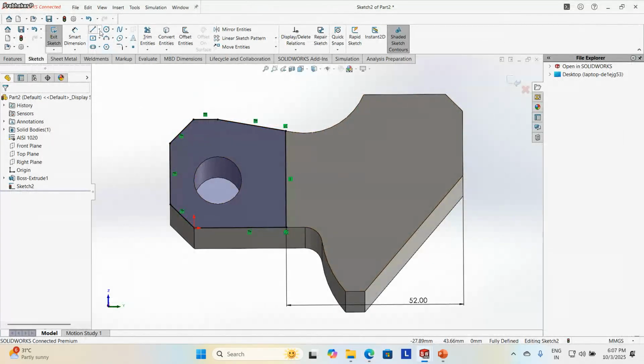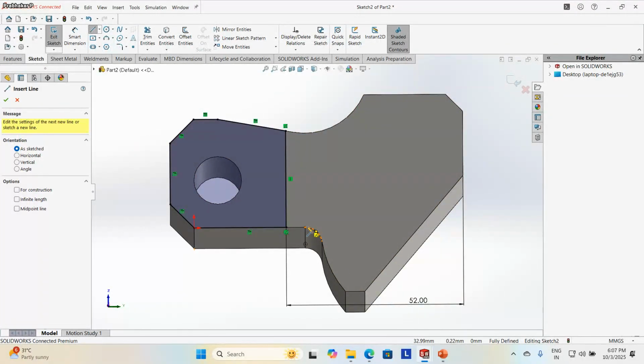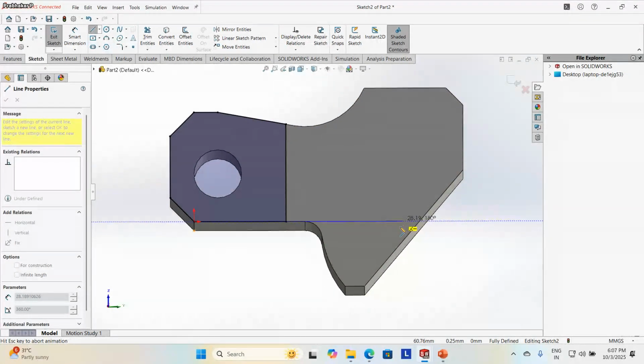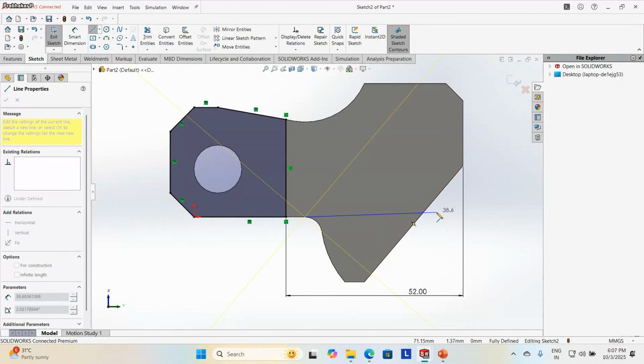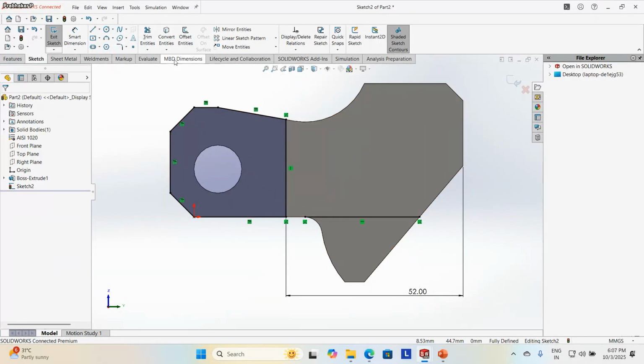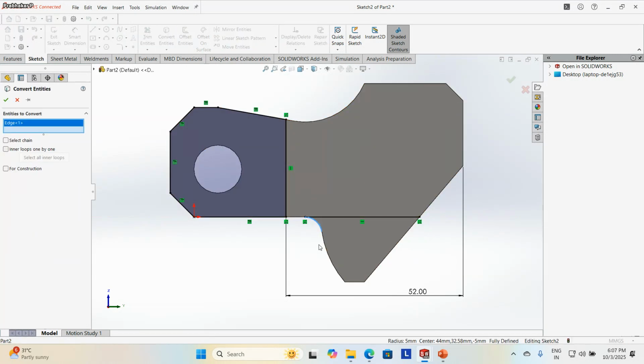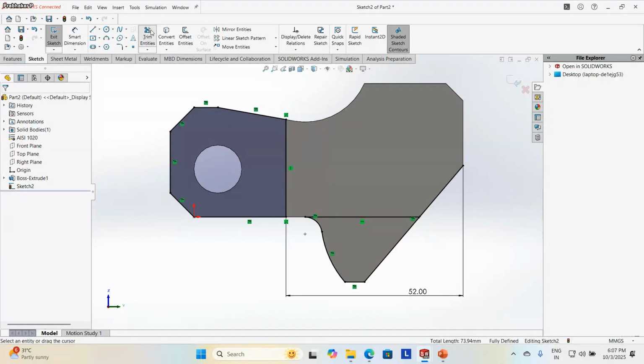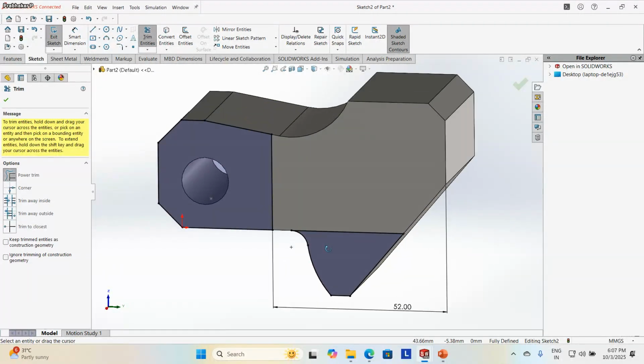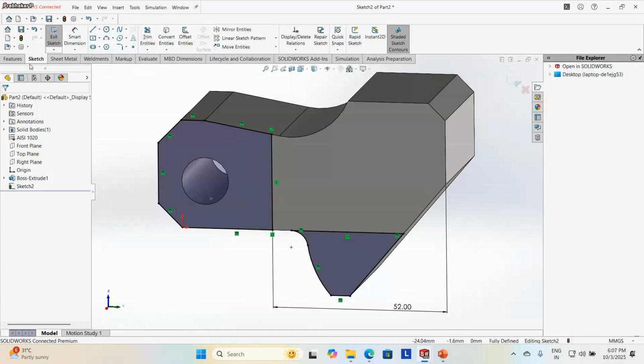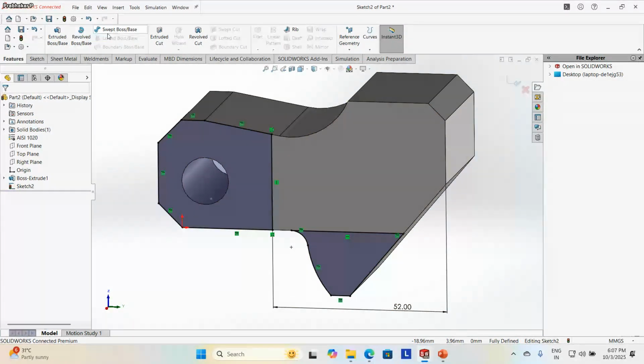So I take a line. Okay, once again I go to convert entities, select this line, then I go to trim entities. Since both are the same depth, I'm cutting them together.